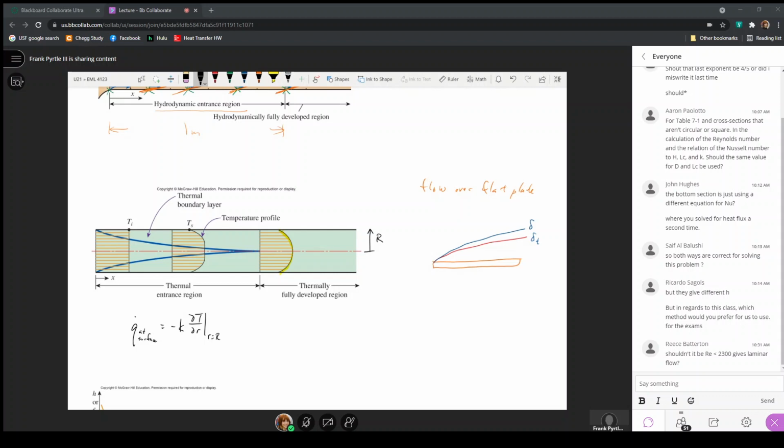So this would be the conduction through the fluid, which would be equal to whatever this heat flux is. So if the thermal conductivity is evaluated at a constant value, then dT/dr would be a constant, but the temperature of the fluid would keep increasing. So all that means is that the length of these lines